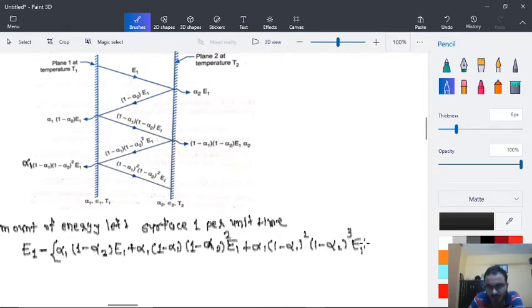So from where this equation has arrived, we need to calculate the amount of energy left